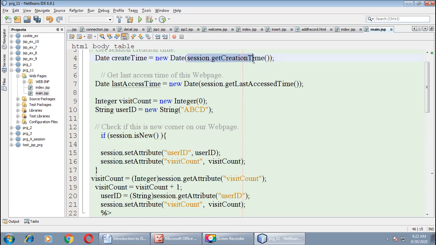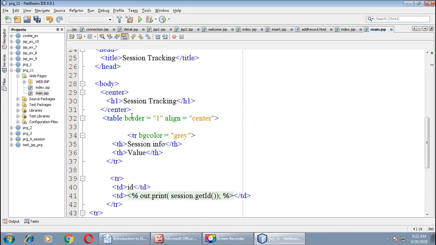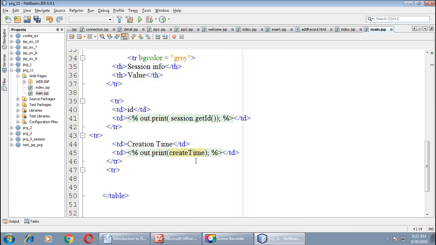With the help of getCreationTime, this will return the creation time of our session, and the value is stored in create time. That value will be assigned to create time that we are printing over here. We have already created this object with the name create time, and it has the creation time of our session stored.